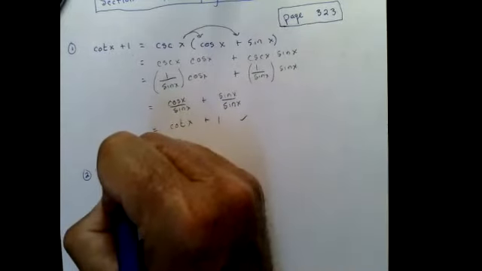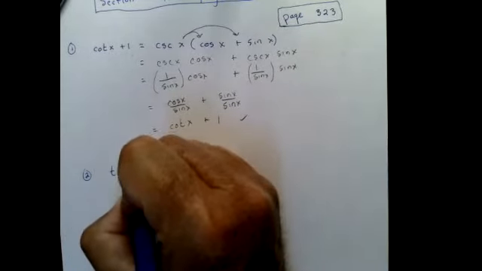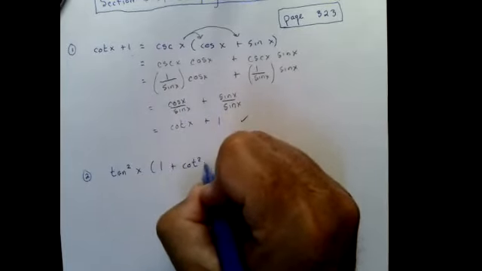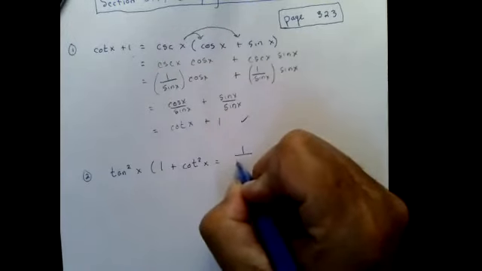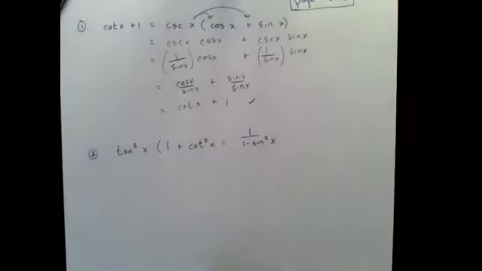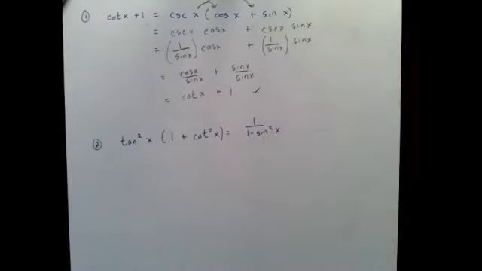How about this guy? Tangent squared of x times 1 plus cotangent squared of x equals 1 over 1 minus the sine squared of x. What side do you think you want to work on? I have an idea which side I'd like to. Yeah, the left. All right, so I'm going to pause. I'm recording. All right, so a person just suggested,